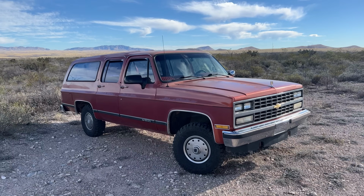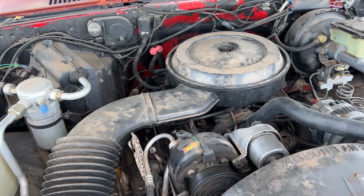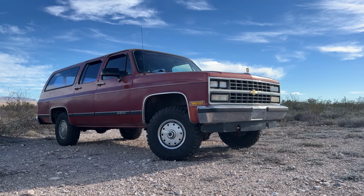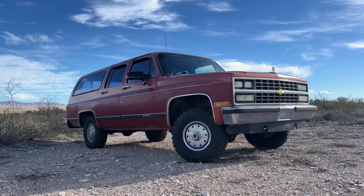My Suburban here is a 1990. It's a V1500, it's a 4x4. It's got the 350 TBI motor. It's completely gutless. It is super, super clean and reliable, so this might not be like an automotive adventure kind of trip. Hopefully the thing just makes it the whole way, but it does have 202,000 original miles on it,